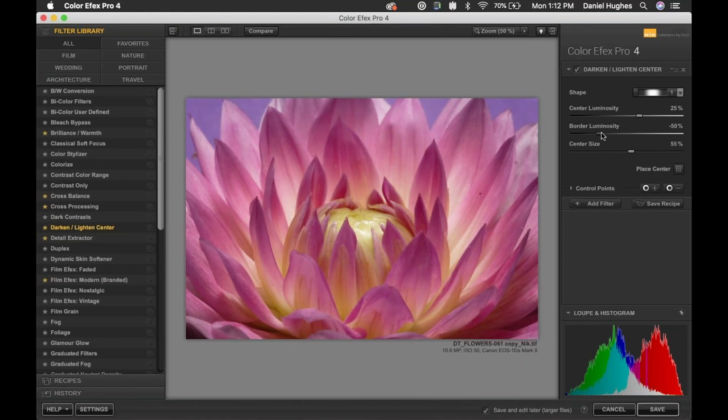So one thing I do want to do is move over into the border luminosity. So my adjustment slider in the filter itself, I'm just going to go ahead and darken the edge down, so it's easy to see our before and after. We'll get into these, but for now,